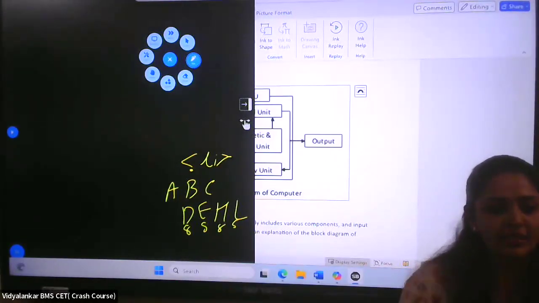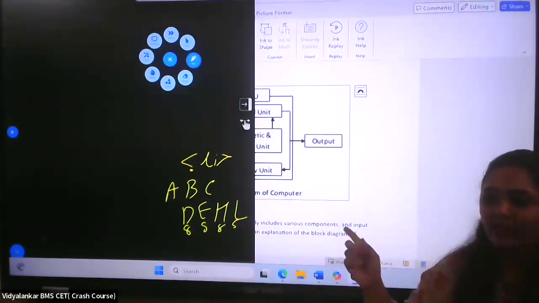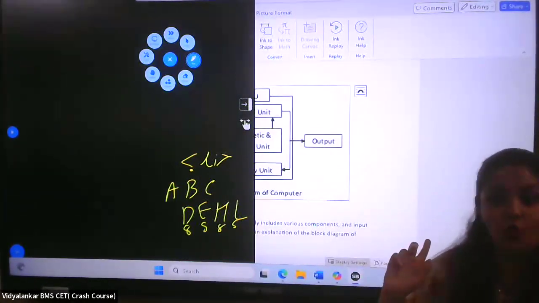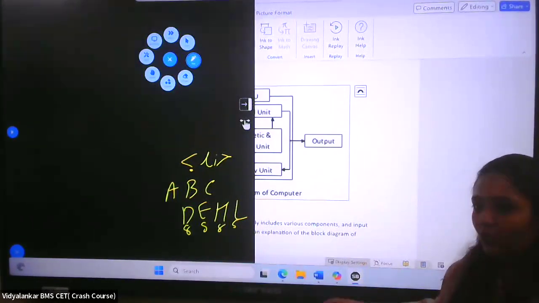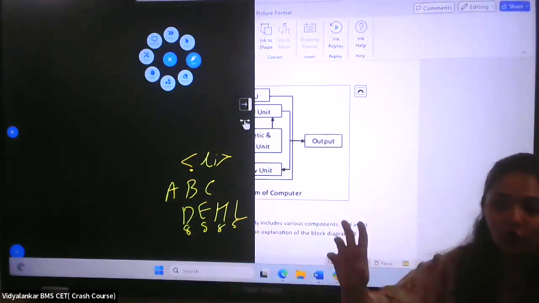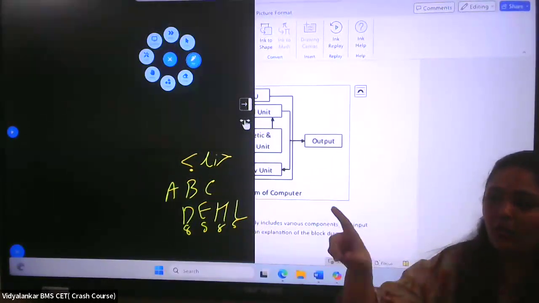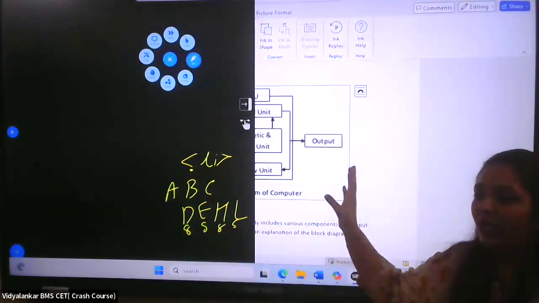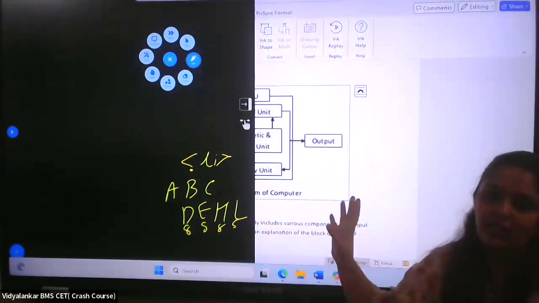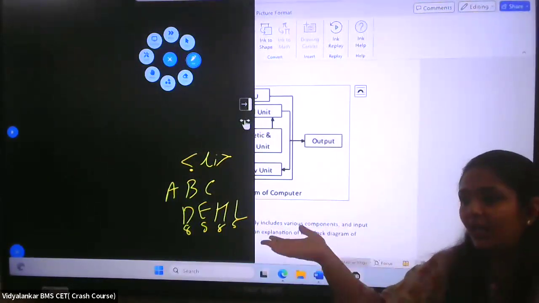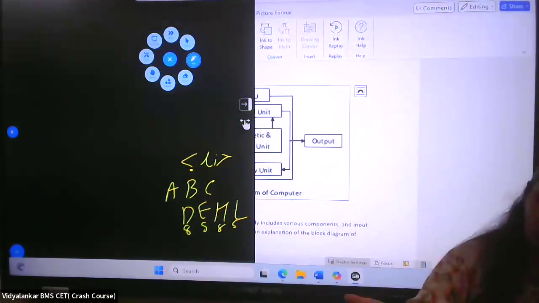Do you know what software means? What is all this? All this that is running is software. But when I touch this board, this is hardware. So things which you can touch, that's your hardware. Things which are present in a logical form are software. So physical components are hardware, logical components are software.